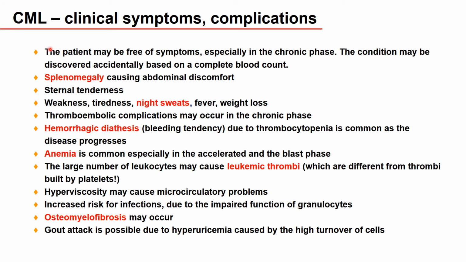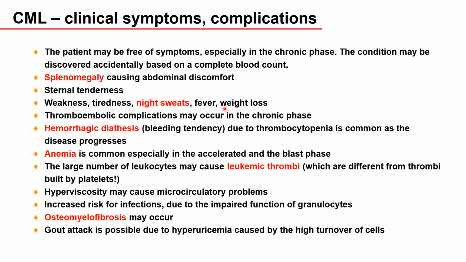Now, usually the patient, when they do have the chronic phase, has no symptoms at all. So they have a very good, normal lifestyle. Sometimes the spleen is enlarging, showing that we do have an infiltration of the cells in the spleen or in the liver. The patient could sense some kind of sternal tenderness, but similarly to the acute leukemia, weakness, tiredness, night sweat, fever, weight